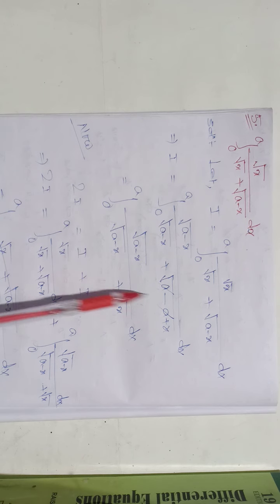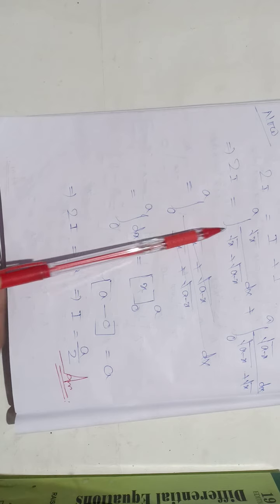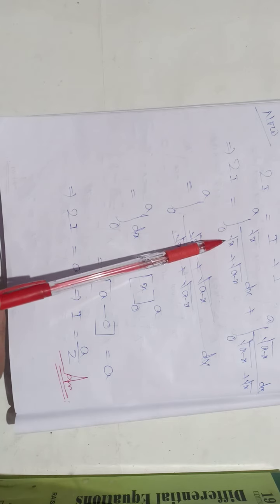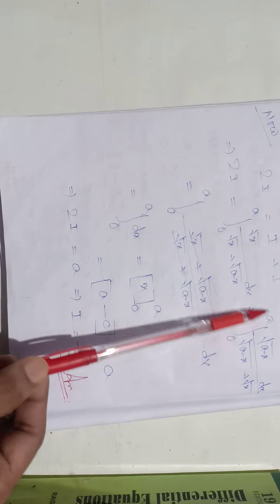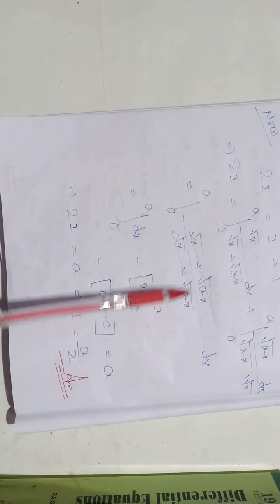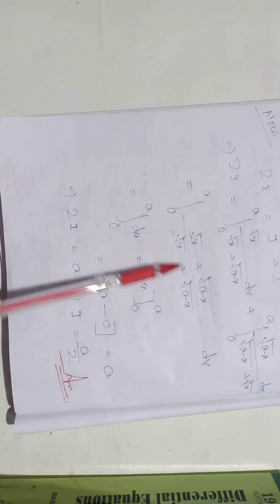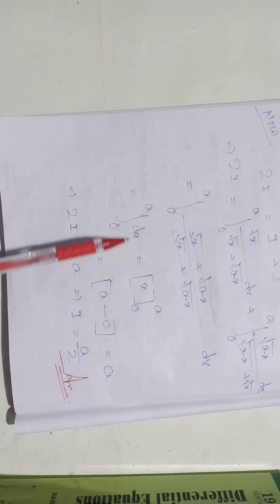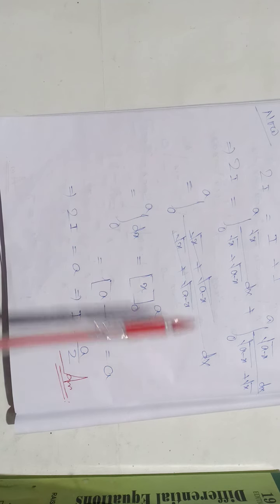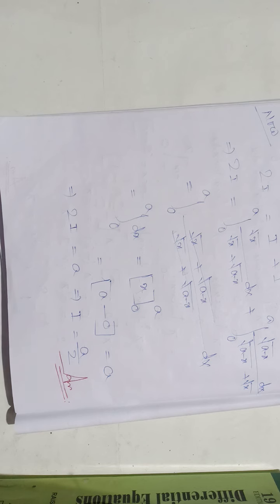Now this is I, and the given question is also I, so twice I equals I plus I. Now twice I equals the integral from 0 to a of root x by root x plus root of (a minus x) dx plus the integral from 0 to a of root of (a minus x) by root of (a minus x) plus root x. Now see, the denominator is the same, so you can take the LCM. After simplifying, both terms cancel and it is 1, so dx, the integral from 0 to a of dx. The integration of dx is x from 0 to a, so a minus 0 is a, so twice I equals a, so I equals a by 2.